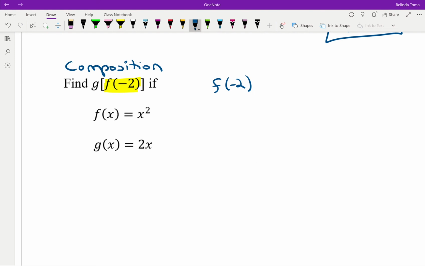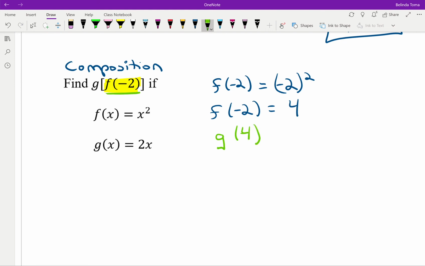Now we have two functions that are defined. F of x is equal to x squared. So whatever we put into the function, we're going to square, and that's going to then give us our output. So here, when we're evaluating just f of -2, we're putting in -2, squaring that value, and then we get a +4. Now this output will become the next input into the next function, meaning that now that we know that f of -2 equals 4, we're going to substitute that value